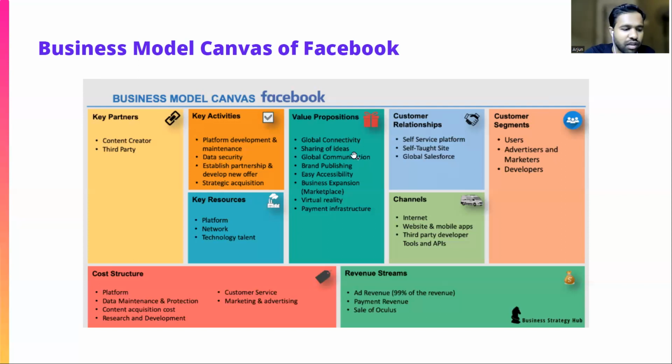Of course, in today's world, all the companies have Facebook pages. Even influencers, people like you and me, have Facebook pages and share all of our thoughts and ideas. So it's like creating our own personal brand, expanding our business, a lot of things like that. And the relationship between us and Facebook is very simple.